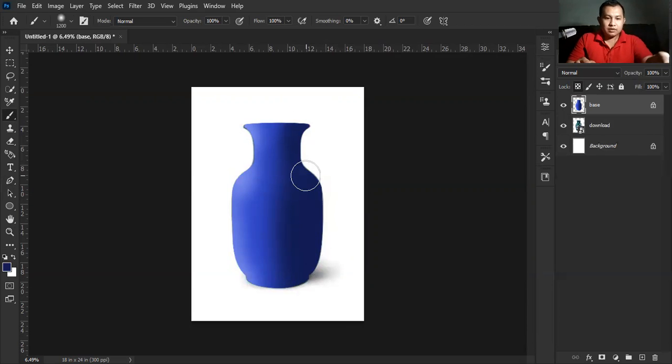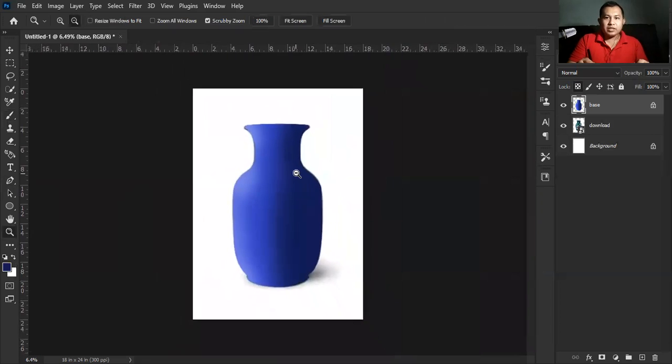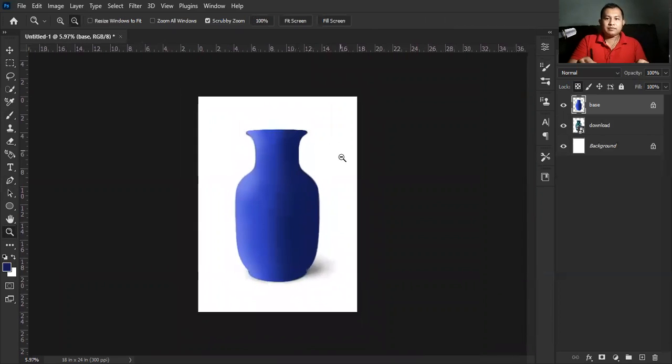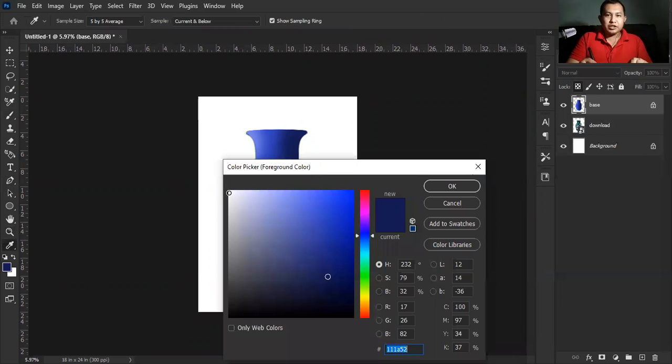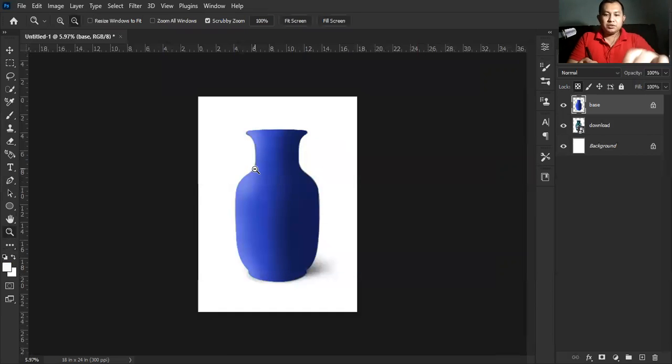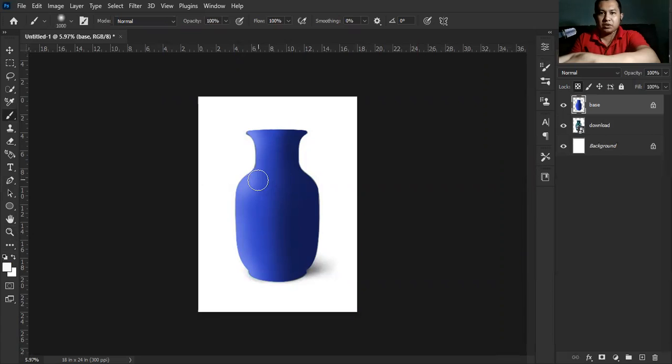Okay, so as you can see, we have created highlights and shadows into our work. If you want to refine it more, we can add shine into our work. And then we can also